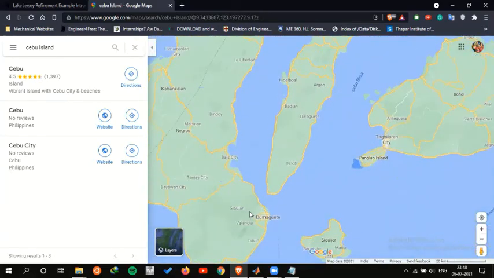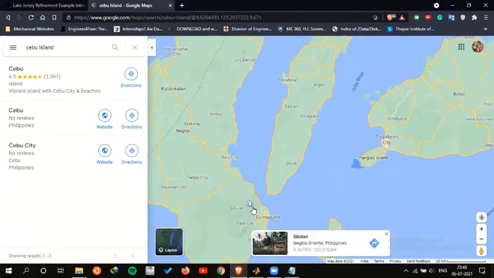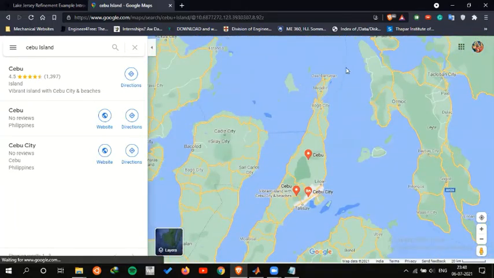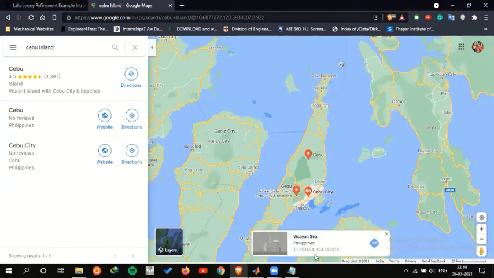Let me just zoom in. What would be the lowermost J for 9.36, and what would be the lowermost J and the highermost J for 11.35. So you will find J for the lowermost point, J for the uppermost point, and similarly I for the lowermost point and I for the uppermost point.